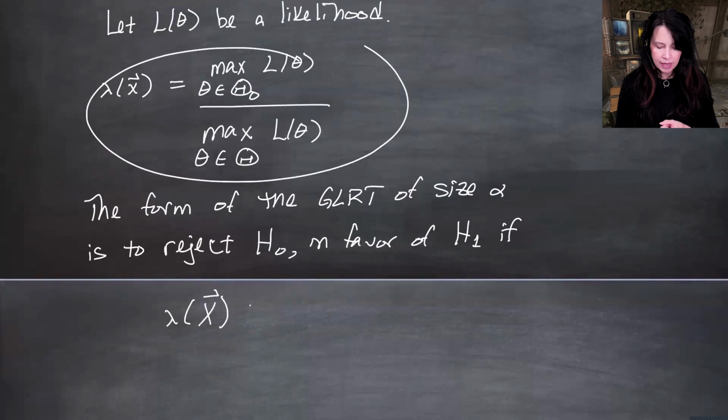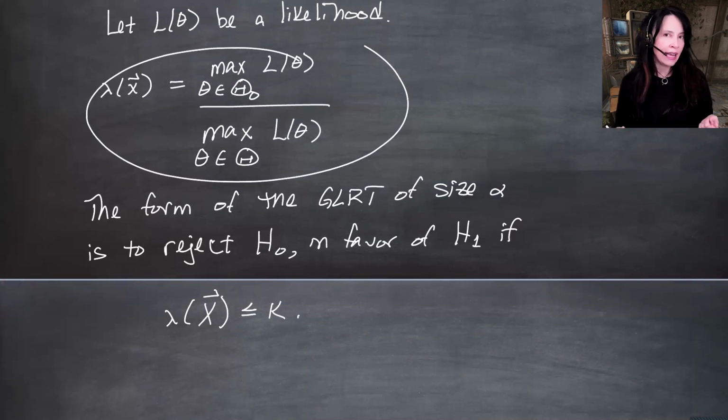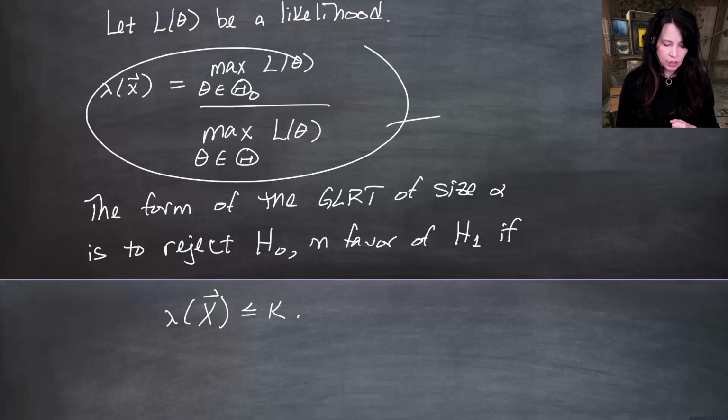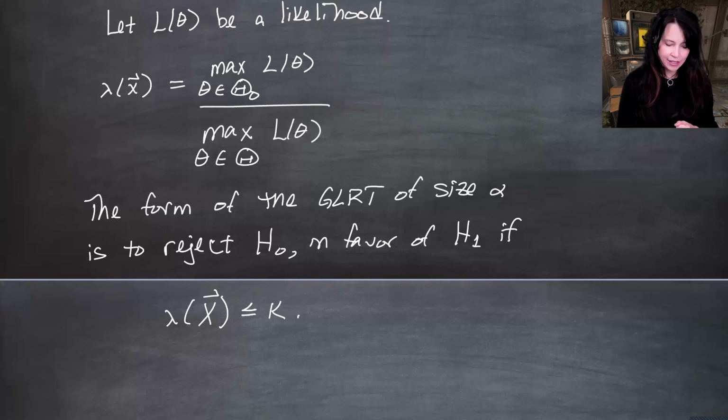And I'll say this needs to be less than or equal to K or C, just some constant, where, and I'm going to be lazy about writing this part, where K is determined in order to give a size alpha test. So that's it. That's a GLRT. Okay, so another way to write this GLR, this generalized likelihood ratio up here, is to say in the denominator,